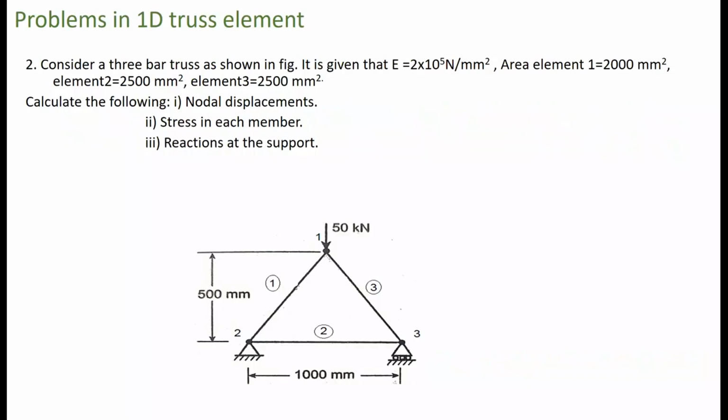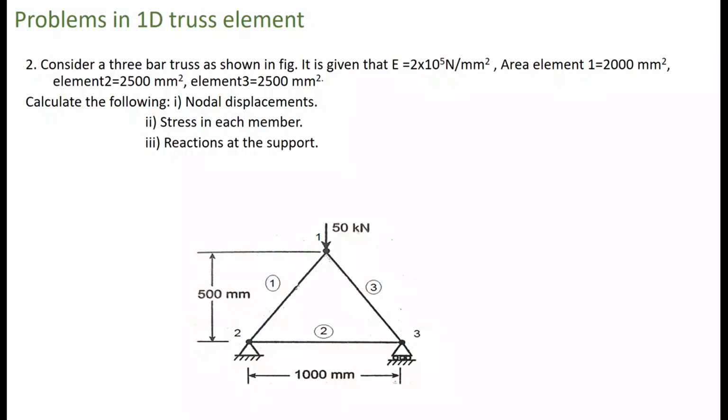So, concerning the three-bar truss as shown in the figure. So here they're having three trusses. The Young's modulus of the elements will be 2 into 10 to the power 5 Newton per mm square. Area of each element: for element 1, 2000 mm square, for element 2, 2500 mm square, and element 3, 2500 mm square. So they're having three different cross sections. So element 1 will be 2000, and element 2 and element 3 will have the same cross section of